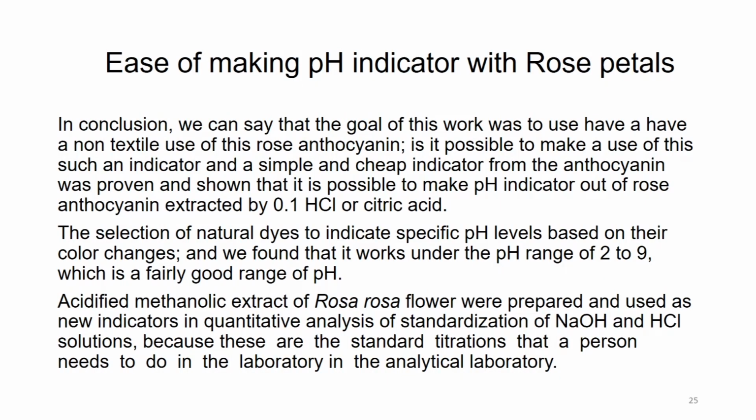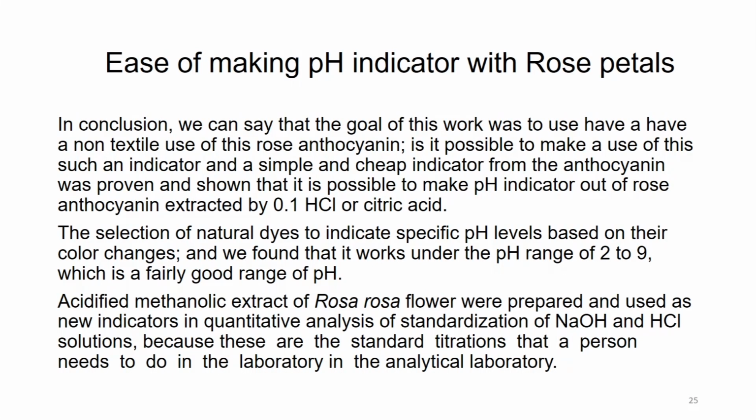The first purpose was, can we use rose anthocyanin for any purpose other than textile dyeing and printing? And the answer is yes. Rose anthocyanin can be used as a pH indicator very effectively. It is possible to make a simple and cheap indicator